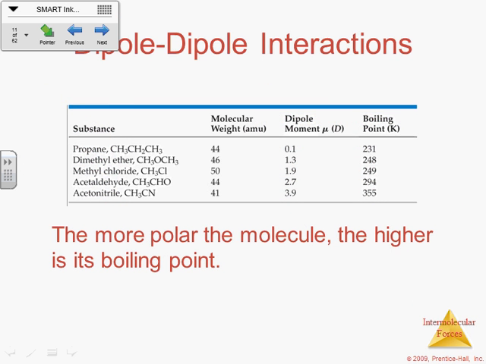The more polar the molecule, the higher its boiling point. That kind of makes sense, right? So the dipole moment right here, that's a way of measuring how polar it is. You can see propane, not very polar at all, and so it has a low boiling point relative to these others. And then you get up to something like acetonitrile, dipole moment of 3.9, and the boiling point is up to